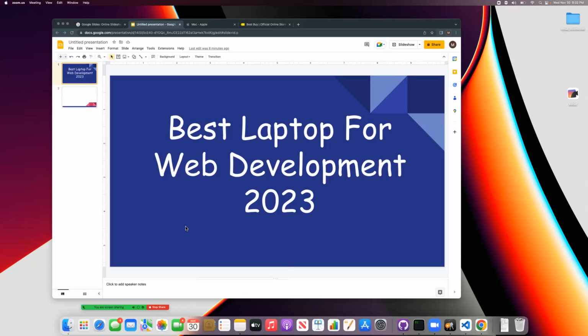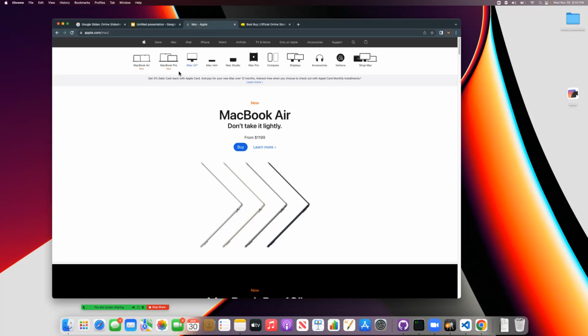developer and why I prefer it, as opposed to maybe a Windows laptop. So I kind of give it away. I do prefer the Mac OS platform. A few reasons why, which I'll get into. But let's start at the Apple Store and let's talk about the different models that you can kind of choose from